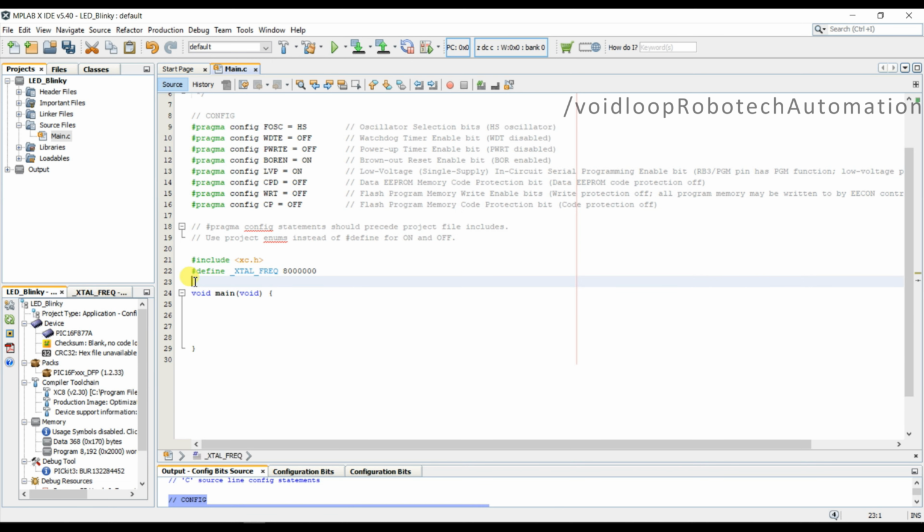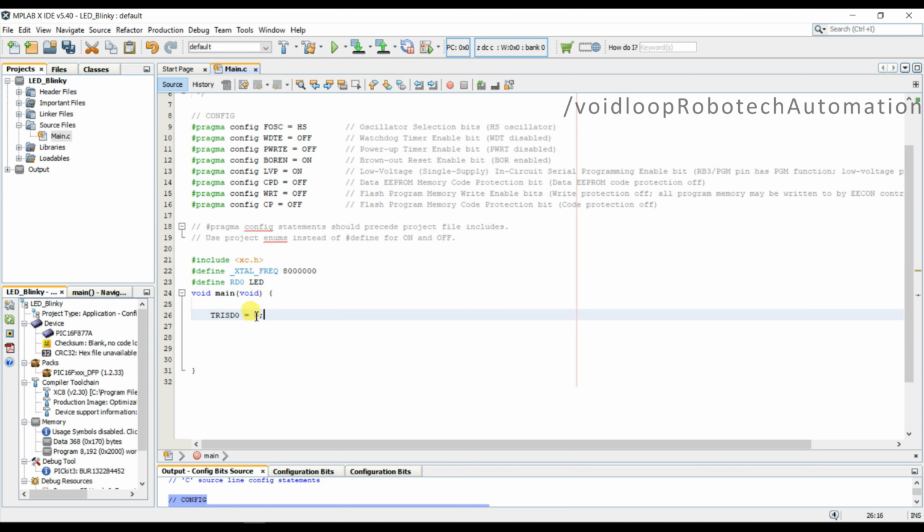First of all, I will define here LED. So #define LED RD0. This is LED. Okay. So here I will initialize as an output. So TRISD0 equal to 0.